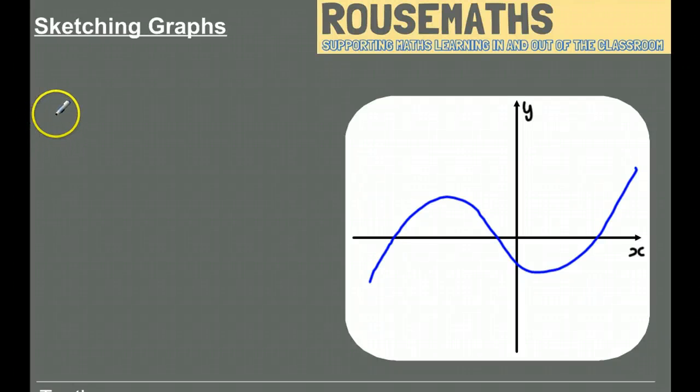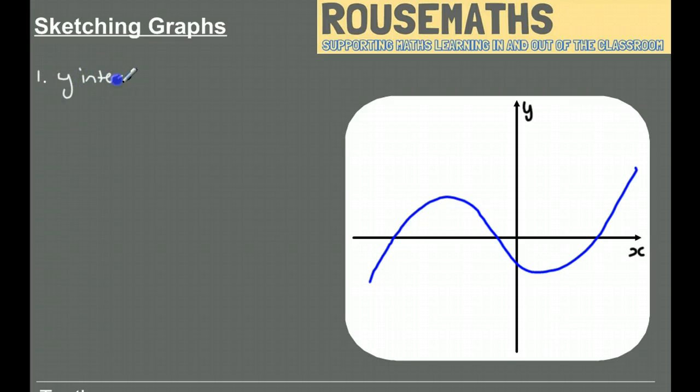Hello, we're going to be looking at sketching graphs on this video, and it's going to range from the tools that you can use at GCSE at very basic level up to the same skills that you can use at A level. So let's crack on. Okay, so first of all we're going to look at